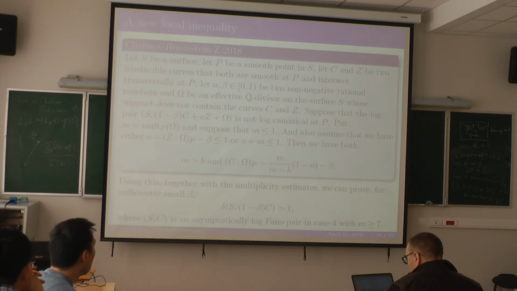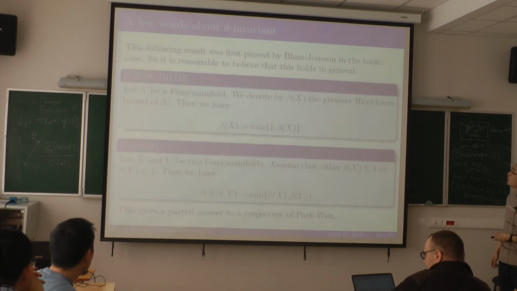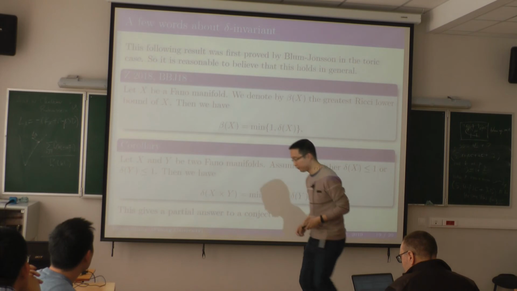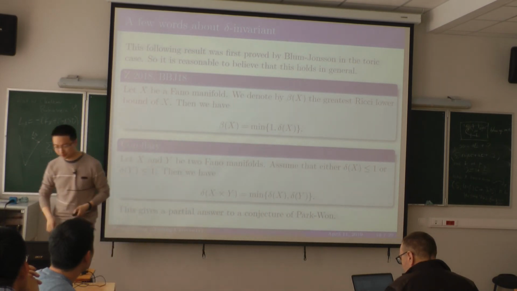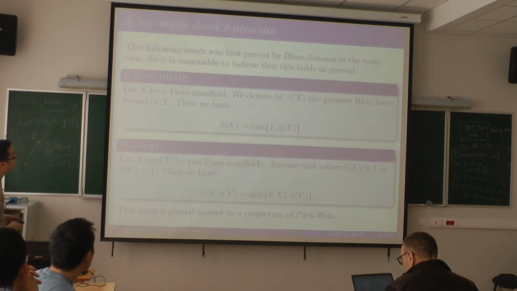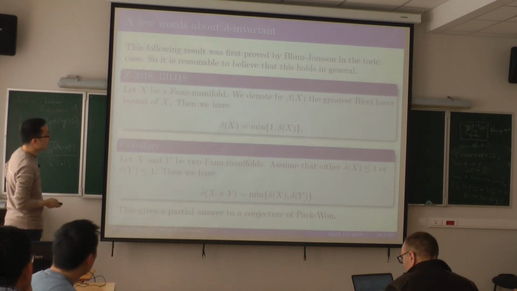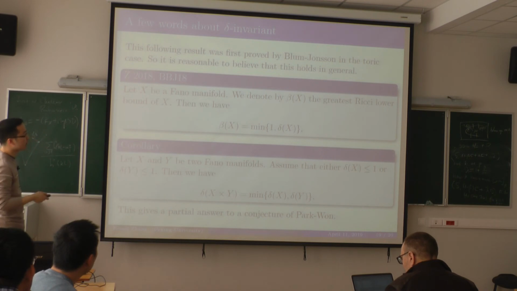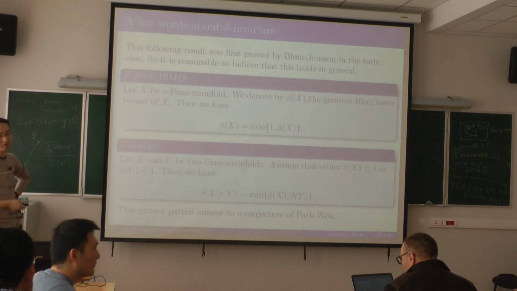Yeah, so there's a few words about the delta invariant, and this is not related to the thing that I talk about. When I was working on this project, I got quite interested in this delta invariant, and it turns out that in Blum-Johnson's paper they have a very nice formula for the delta invariant on toric varieties, and they prove that